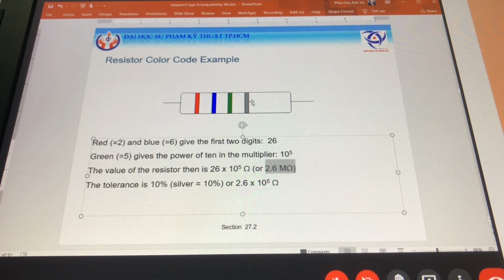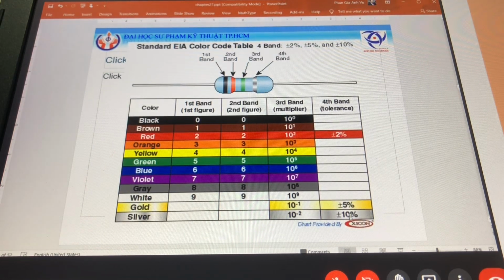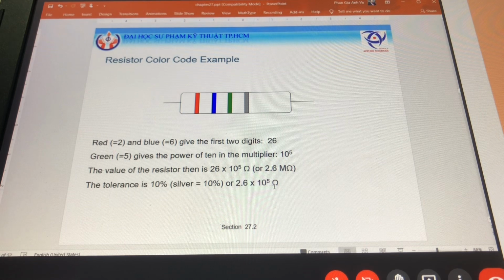And here the fourth band is silver, so silver has the tolerance of 10%. So when you have to buy resistors to develop some circuit, you have to read